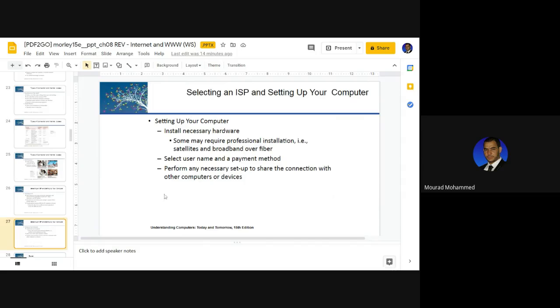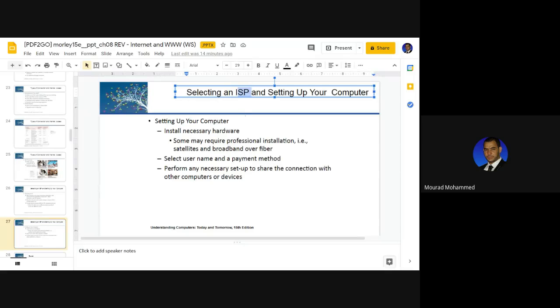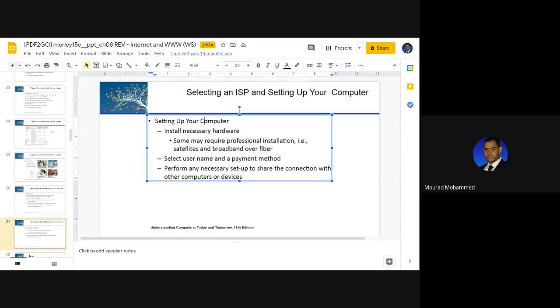The configuration through which you have to, after actually choosing the internet service provider, you have to set up your device in order to get into the internet or to the www environment. Actually, you need to install the required access, let's say, peripherals from where you are going to get into the internet. If you are using a computer hardware, you need to get an access point via which you install